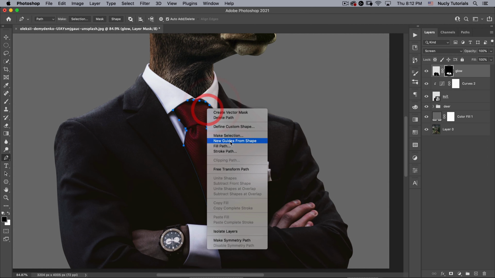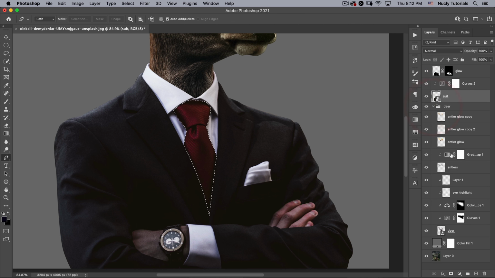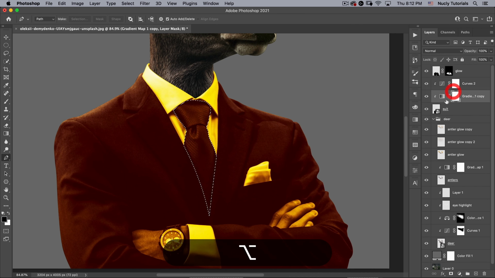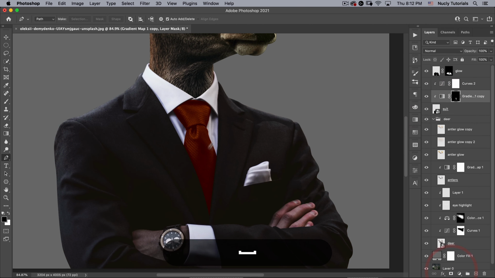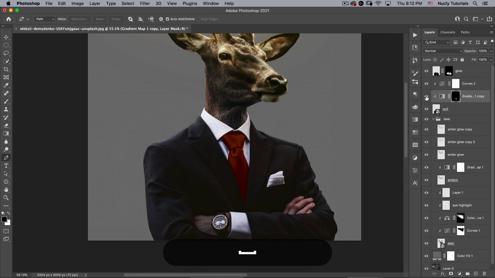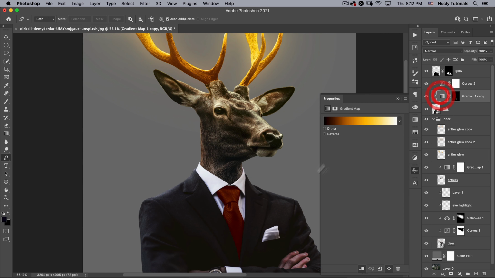All right, so now I can right mouse click, make selection, and I want to go on the suit layer here. Take my gradient map, just drag that there, and then delete this layer mask and then add a new layer mask. So now this layer mask is just affecting the tie, but because the tie has no light colors, all we're getting is the dark end right here of this gradient map.